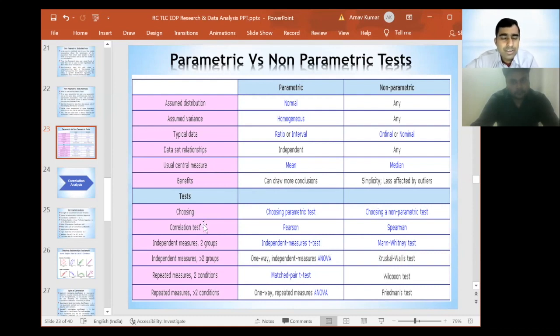The simplest one to start with is correlation. So we all understand what a correlation is. Correlation is checking the relationship. And we know that correlation can be positive, correlation can be negative. So the parametric version of the correlation test is Karl Pearson's correlation coefficient. And the non-parametric version, which many of you must be aware of, is